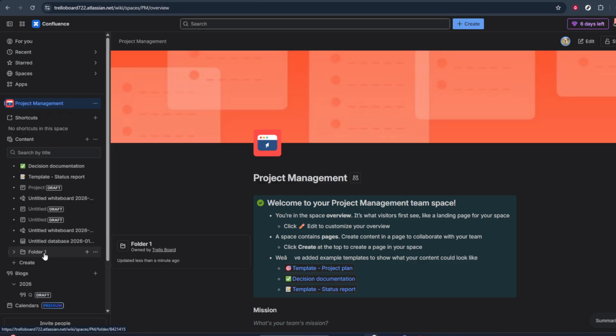After you click on Folder, Confluence will create a new folder in your page tree. At this point, you'll usually be prompted to name it. Choose a clear, descriptive name so that you and your teammates instantly understand what belongs inside. For example, you might use names like Project Docs, Design Specs, or Meeting Notes, depending on how you plan to